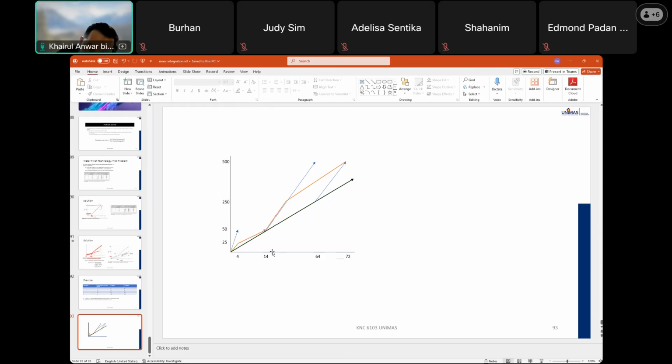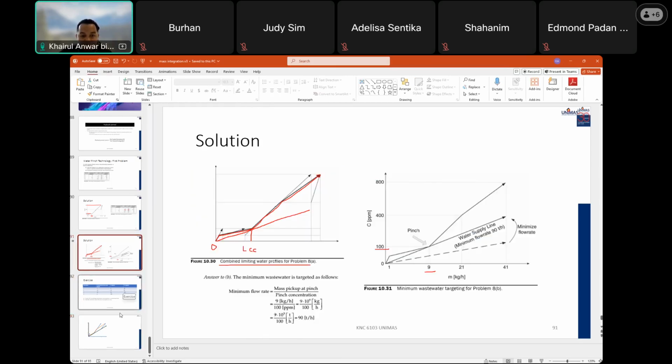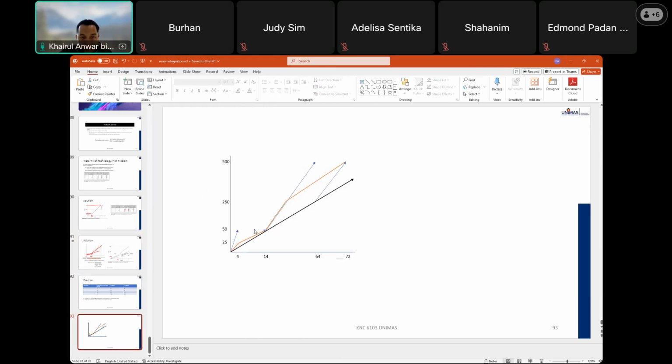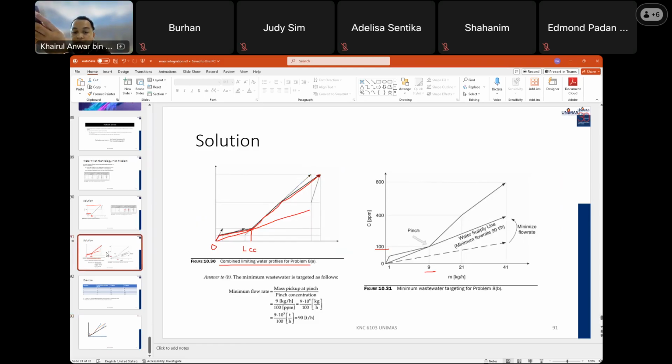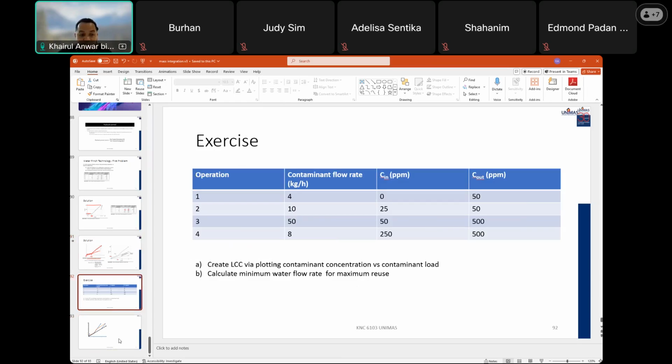So the pinch is at 14. So 14 is the minimum water flow rate for maximum use. So meaning you need to divide 14 kg per hour by 50 ppm. 14,000 divided by 50 ppm is 280. So the minimum water flow rate, the maximum use is